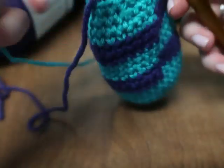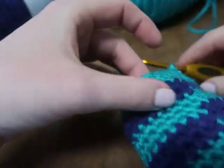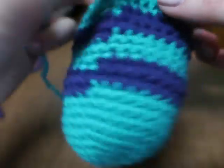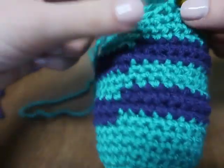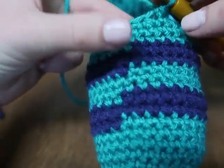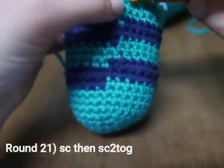2 together. So before we go on any further, I'm going to cut this purple yarn. I'm just going to hide it in the body. If you want to do the tying together, you can, or if you just want to have it stuffed in there, that's fine too. So round 21 is a single crochet